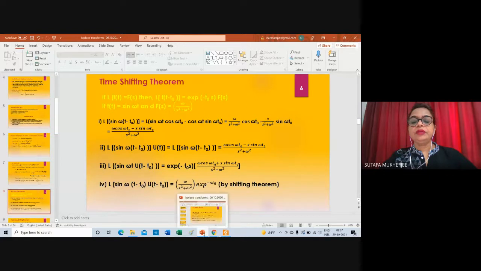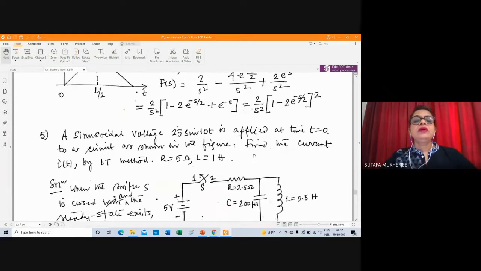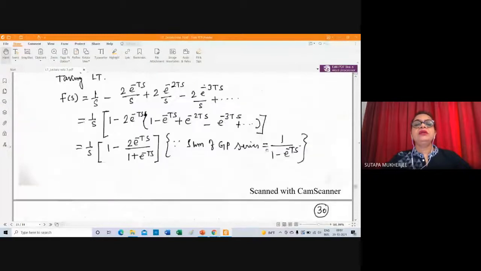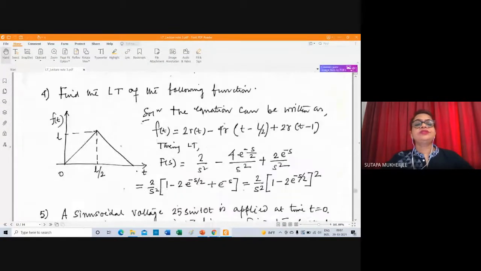Now come again to this. So for this reason it is here, e to the power minus this one. So actually L will be here. You will correct it. So up to this it is clear. This repetitive function is clear. And this triangular wave function is clear. And after that, if you go to the repetitive again, you have to do it again.